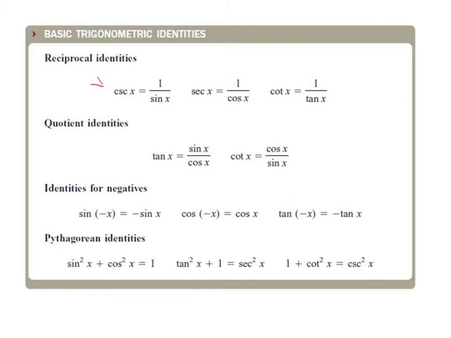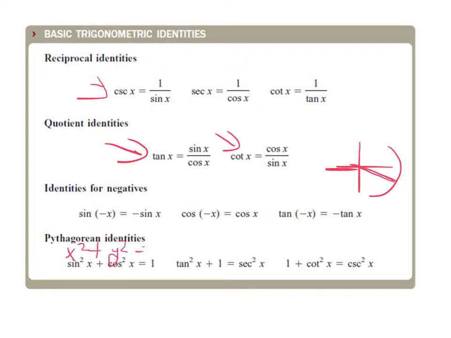You have your reciprocal identities here, and then remember that the tangent and the cotangent, everything is a sine or a cosine. And then with your negative identities, that's where we looked at a graph here, just looking in these two sections. And if we went down just a little bit, the sine would stay negative, the cosine would be positive, and the tangent would be negative. Pythagorean theorems is just x squared plus y squared equals r squared for the unit circle. So tangent and those, that's just replacing a few things, dividing by sine squared, or just changing it around a little bit. But the one that you're going to use the most is going to be